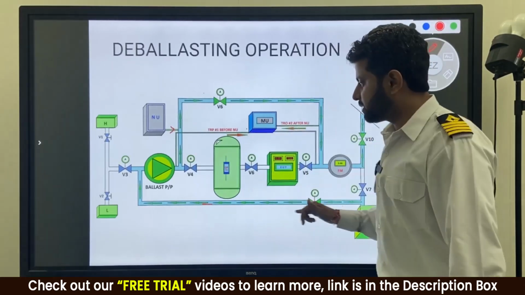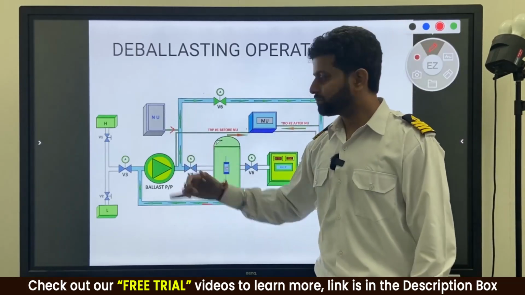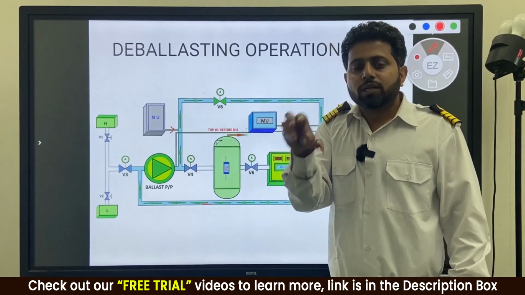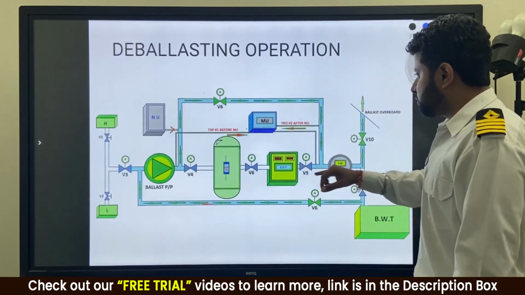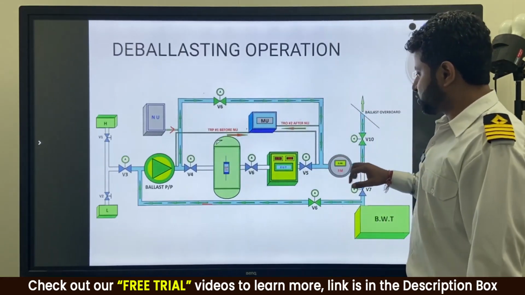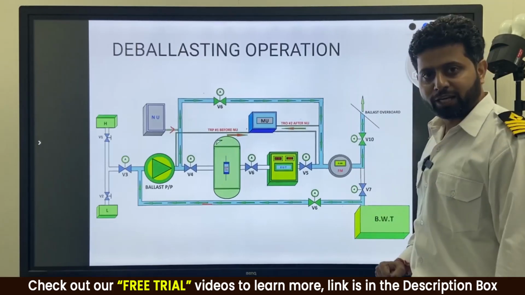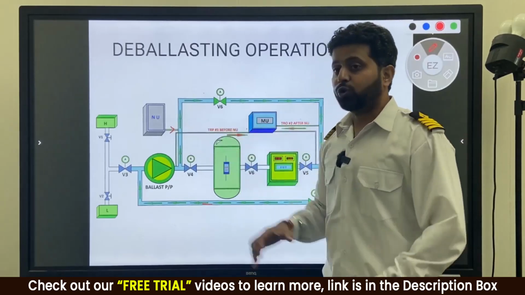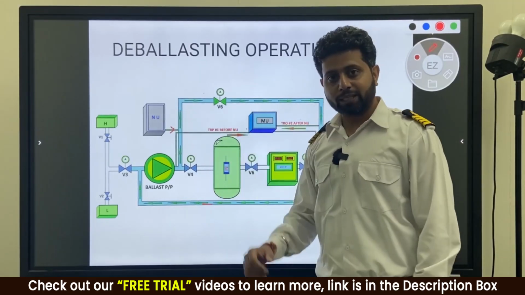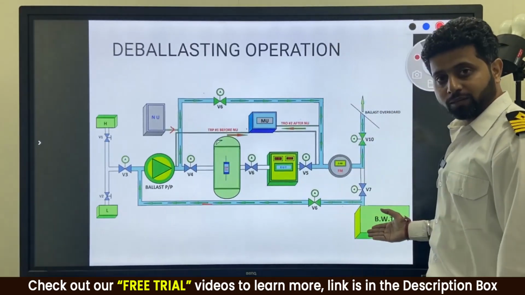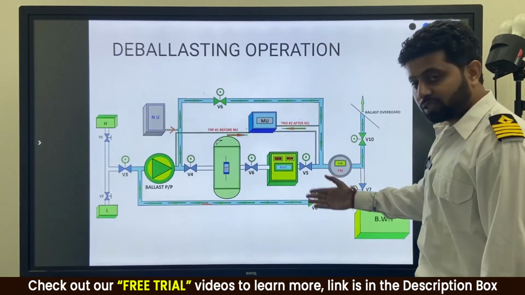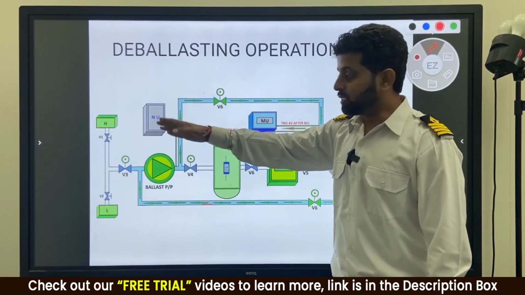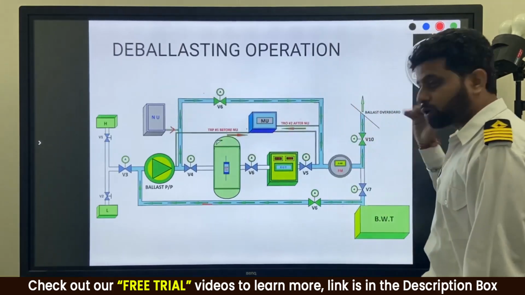But if it says it is 0.1 ppm, 0.2 ppm, suddenly this neutralizer unit starts, and it starts dosing neutralizing chemical into this water which is going overboard, so as to kill this active oxidants present over here. But now we also have to ensure that this neutralizing unit should not go more, because again this is a basic compound, this is an acidic compound over here. If suppose after killing all this acidic compound over here, this oxidant over here, if we are pumping in more, then this neutralizing unit chemical is also dangerous going overboard.